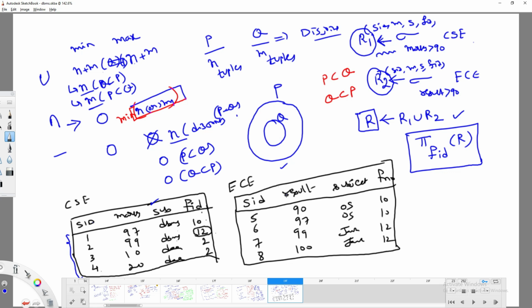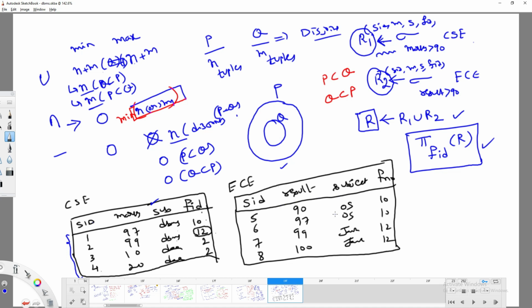But for example, I want to find the faculty whose students performed more than 90 marks in both branches. Is my question understood? Here, faculty ID of R: what is the meaning of this?